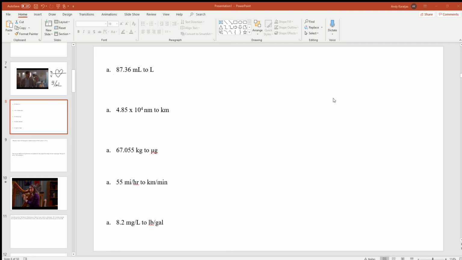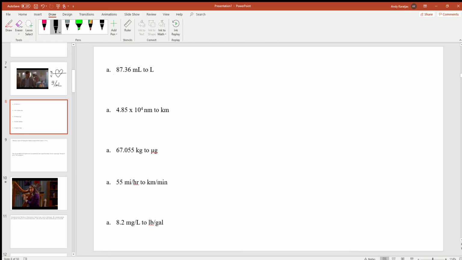So here in our first problem, we're just going from milliliters to liters, and we know that's a direct conversion. There's 1,000 milliliters in 1 liter, and so that's the only conversion factor that we need here. So